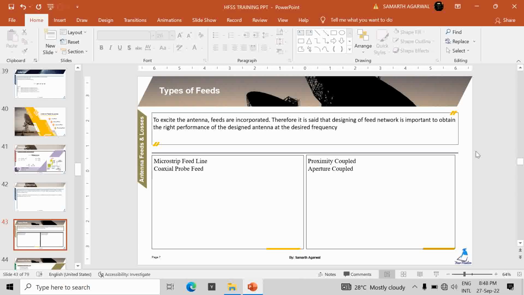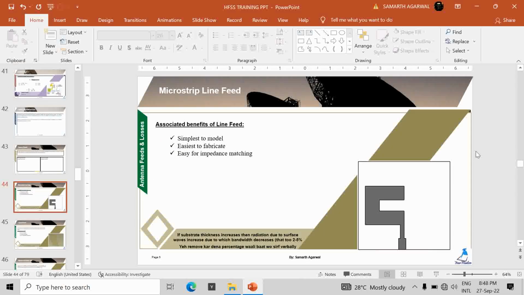As you might guess from the name itself, contacting means feeds which are directly connected to your radiator. Radiator is your what? Patch. And non-contacting means antenna feeds which are not directly connected to the radiator. In the contacting methods, two are there, which are microstrip feed line and coaxial probe. Further, in the non-contacting methods, proximity coupled and aperture coupled are there. We'll start with the microstrip line feed. As you can see in this figure,